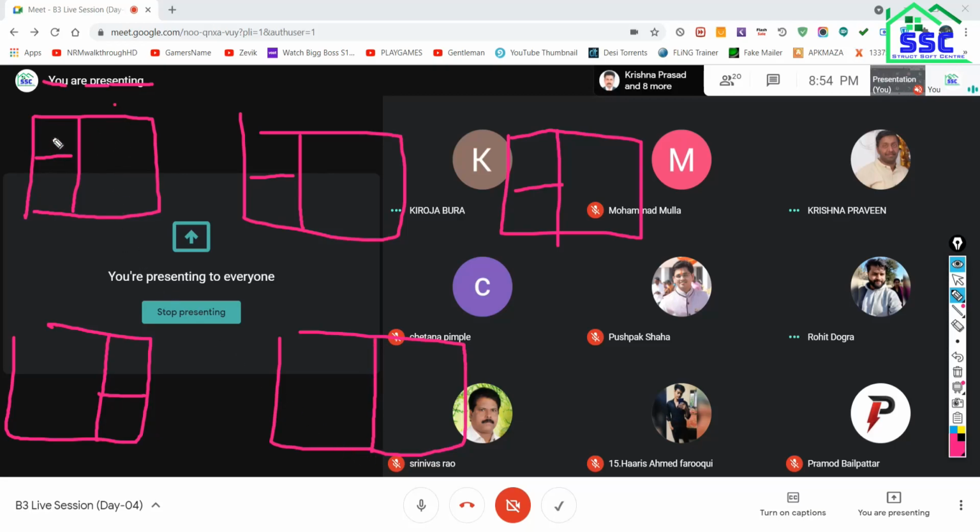So here is the bathroom, this is the WC, and this is the bedroom. Bathroom, WC, bedroom, and here bathroom, WC, bedroom, here bedroom, and here bedroom.